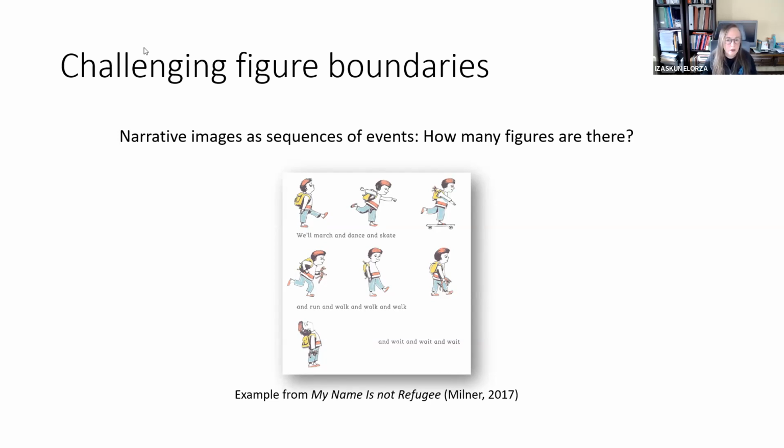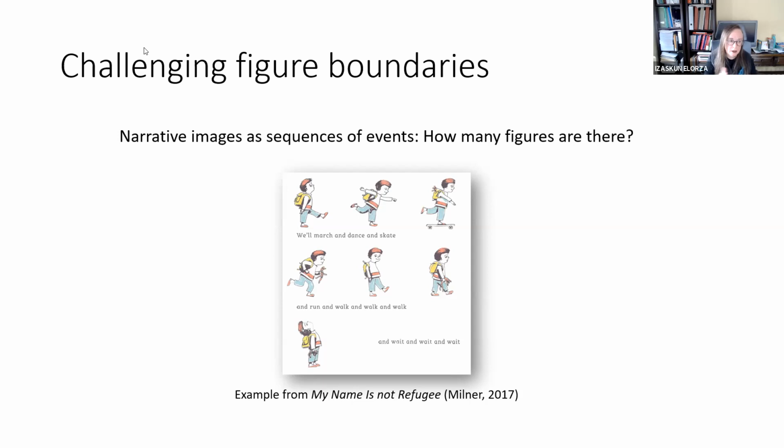So are we going to say that there is a single figure here, or that we have 1, 2, 3, 4, 5, 6, 7 figures because we have 7 images? The thing is that the boundaries are not that easy, because we could follow the verbal construal, but we can also follow the visual construal. So we have to make those kinds of decisions. We are not going to typically find, ideally, well, that would be very boring really, one image, one clause, or one sentence. This is not how it works.